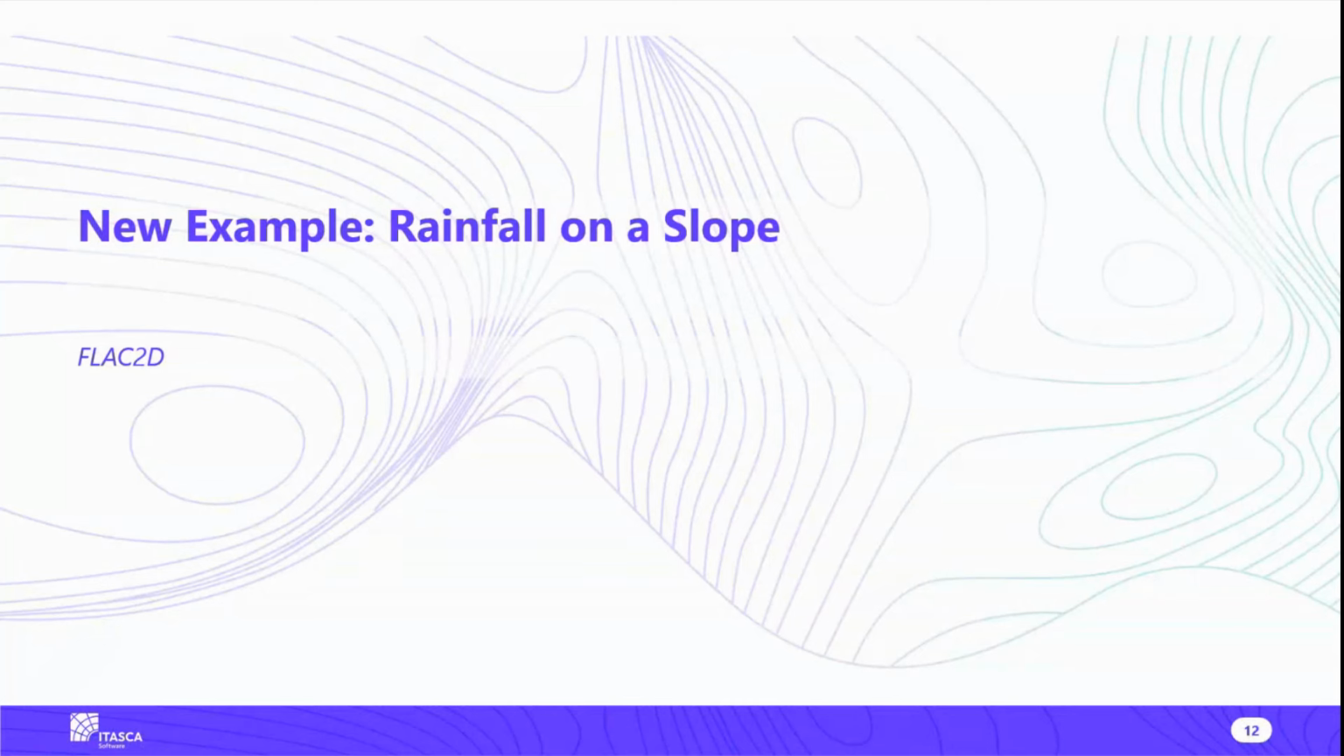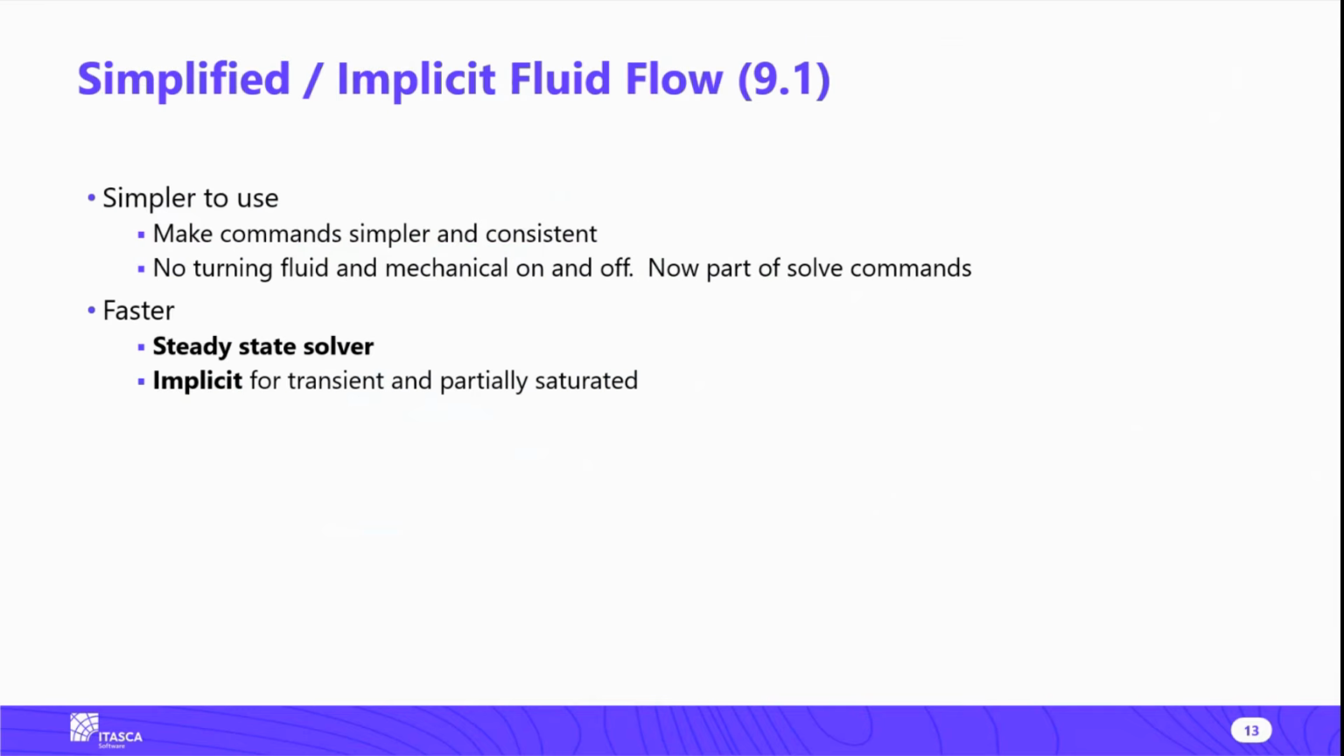Okay, this is Jim Hazzard, and I'm going to take over talking about the next 2 examples. The first one is rainfall on a slope, and this is a FLAC2D example. Before I get into the example itself, I need to give a little bit of background. This is a result of some changes and improvements we've made to the fluid flow logic, starting with version 9.1. So you may have seen this before, but from version 9.1 and beyond, one of our major